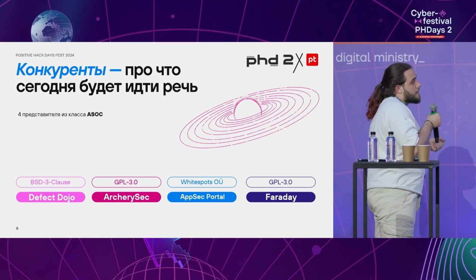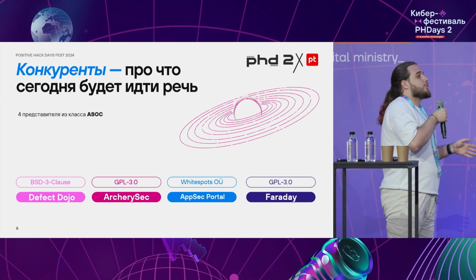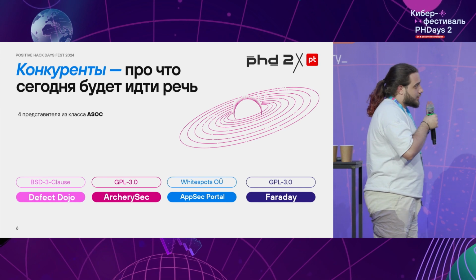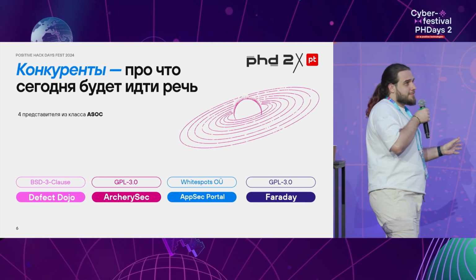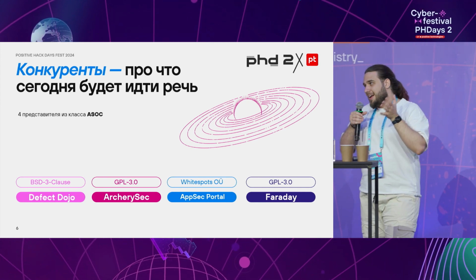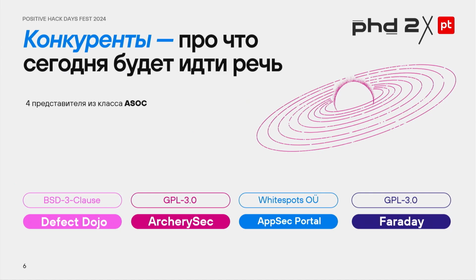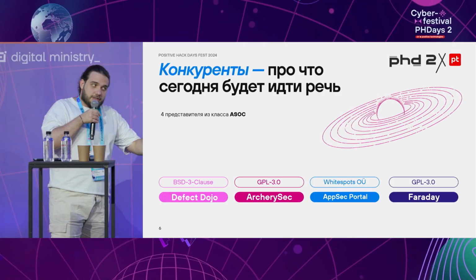Okay, and now let's talk about the ASOCs. So what do we have? I removed the payable ones. We don't have any functions. I got rid of the Chinese versions. Everything is in Chinese. In English, we have only limited functions. Yes, they do work. They have some features, but I cannot understand what's going on there. Everything there is in Chinese. I can either take DeepL to translate everything, which is not convenient and not right, or I just look at these